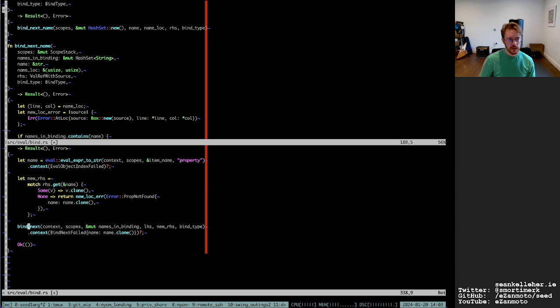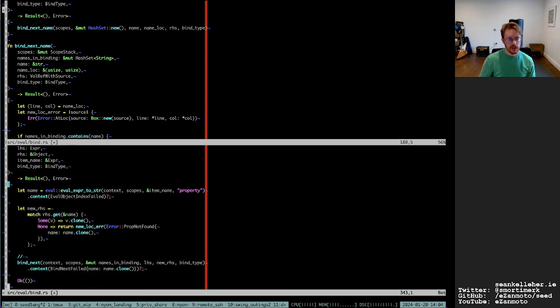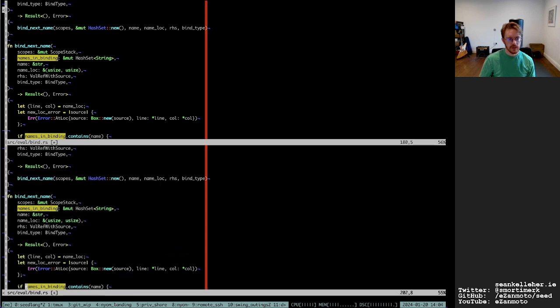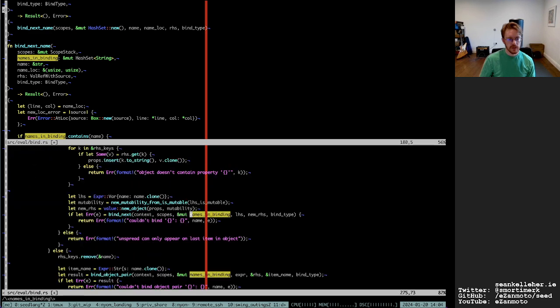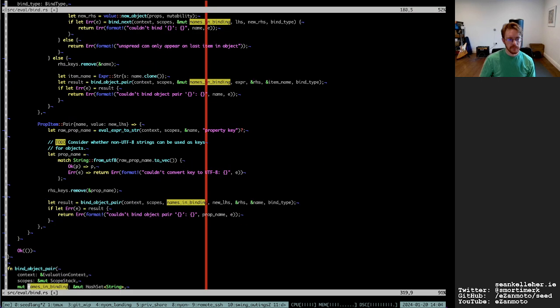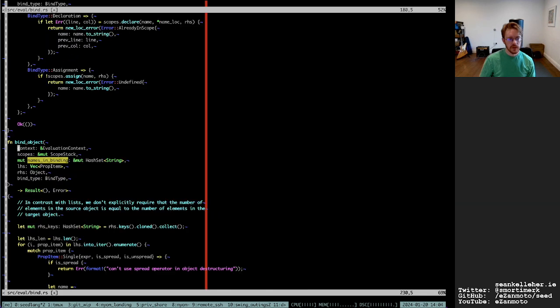So when I'm attempting to bind next, do I add new names to names in binding? I wonder. Not sure.